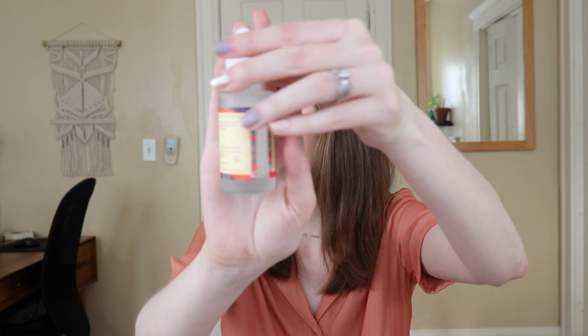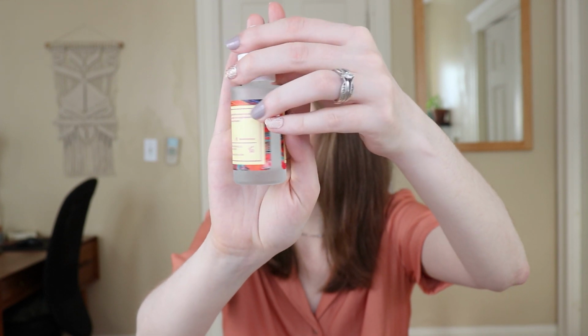I've talked about it more extensively in the Good Molecules video, but let's just say I love it. I have almost finished this bottle up. We're nearly empty here, and it's just been a beautiful product. This product is one of the reasons my skin has been doing really well. I've not been having a lot of acne. My skin's just been really happy, and it really coincided with me using this product and introducing it into my